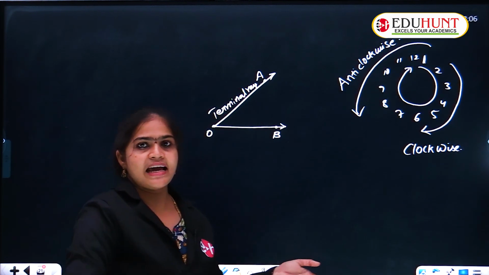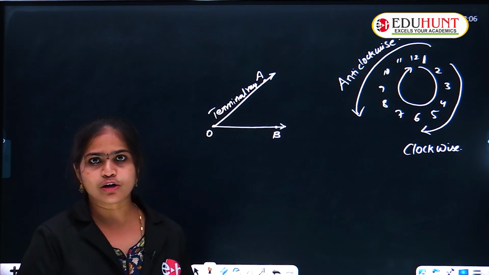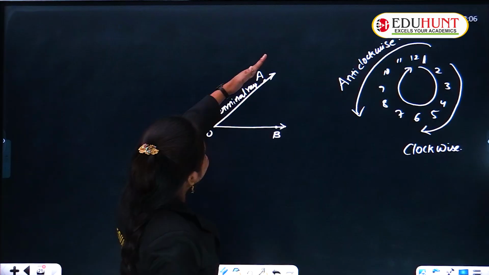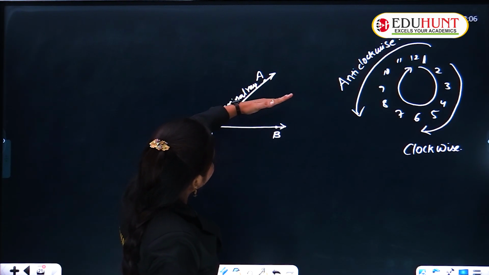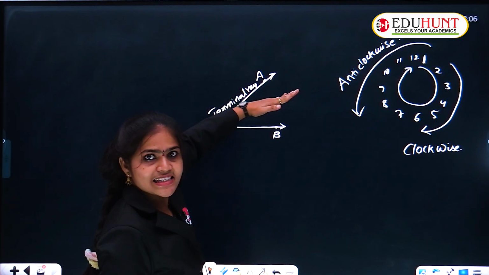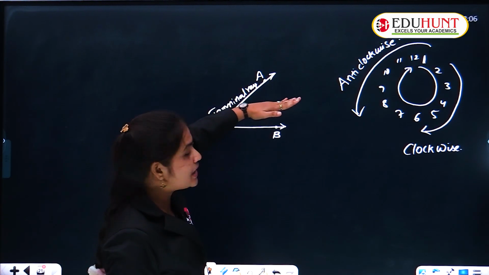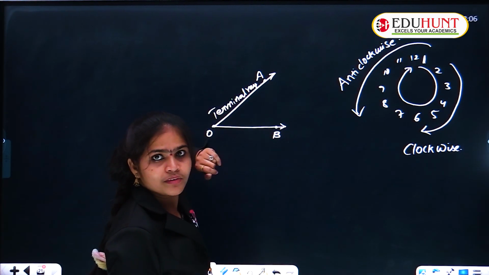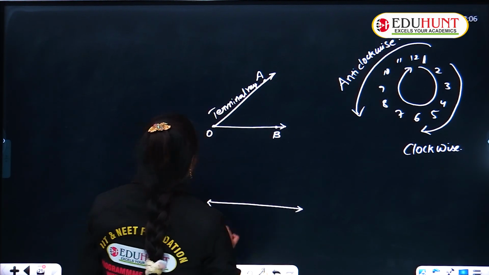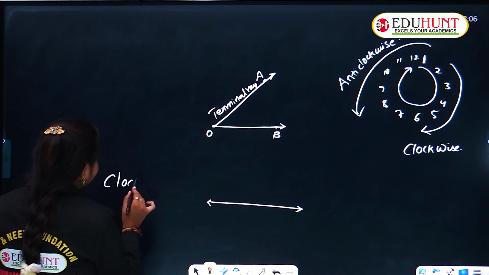Anti-clockwise means the opposite direction of clockwise is called anti-clockwise direction. Now children see that if this terminal ray turns in clockwise direction, okay, if the terminal ray turns in clockwise direction, then it comes near to that OB. Okay, in that case what will happen here? If it turns in clockwise direction,